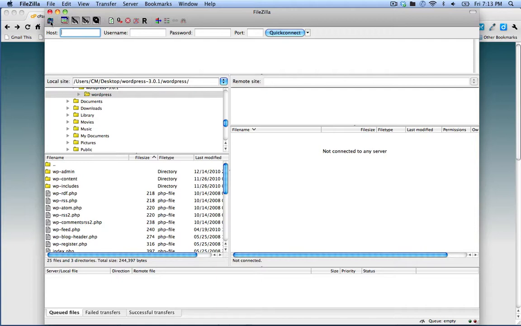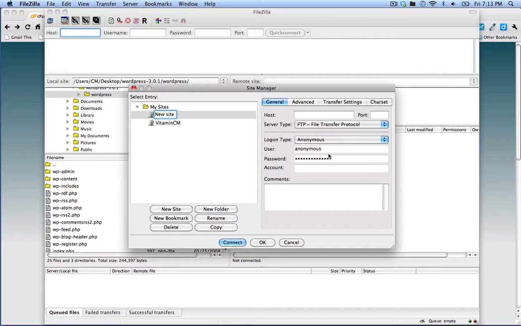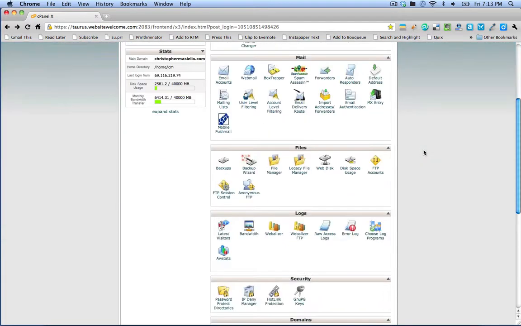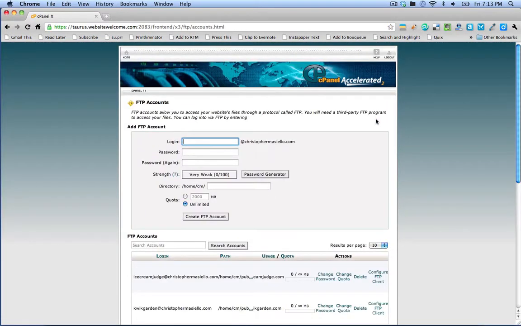So if I click on this Sites button, I have my connection settings for my site now, but if I wanted to add a new one from scratch, I would just click New Site, and I would have to configure all the information. Now, where you get all this information is from the cPanel or the control panel on your web hosting provider. If you scroll down to where it says Files and you click FTP Accounts, you can create